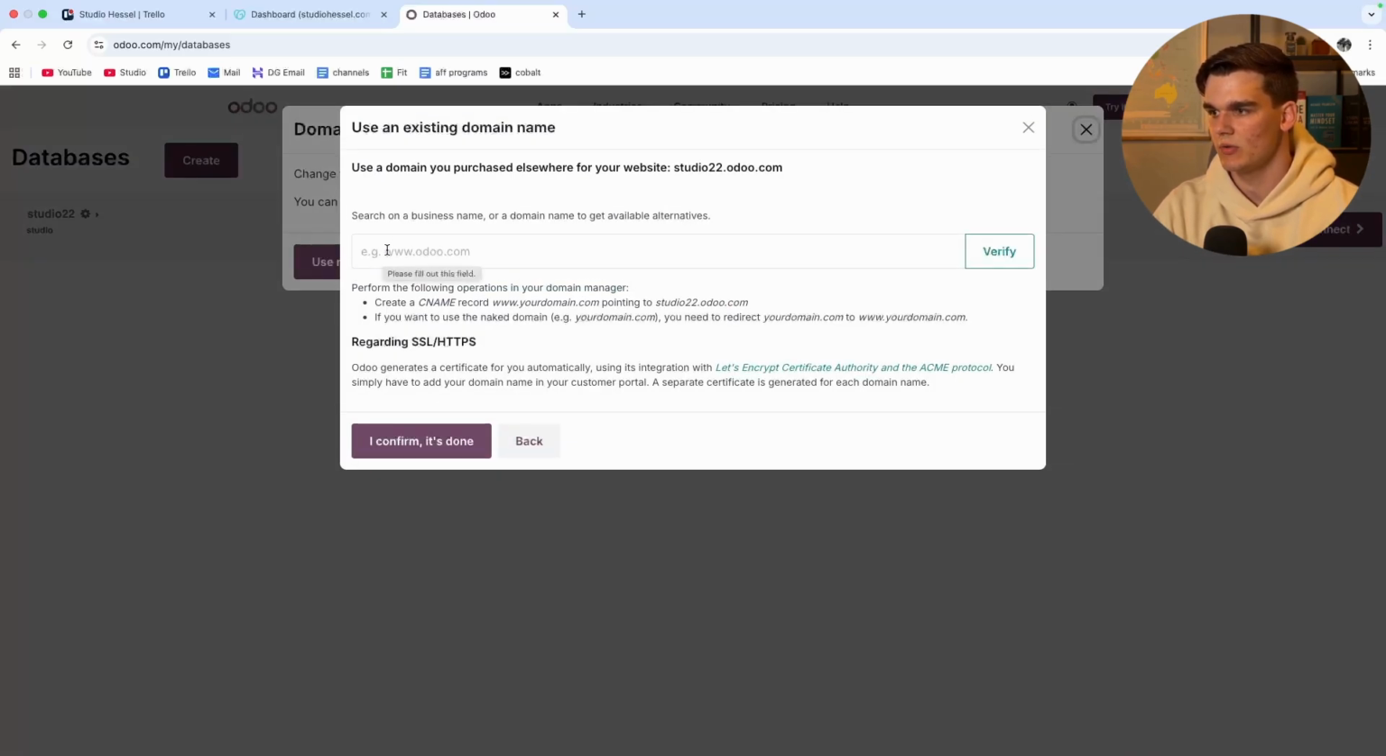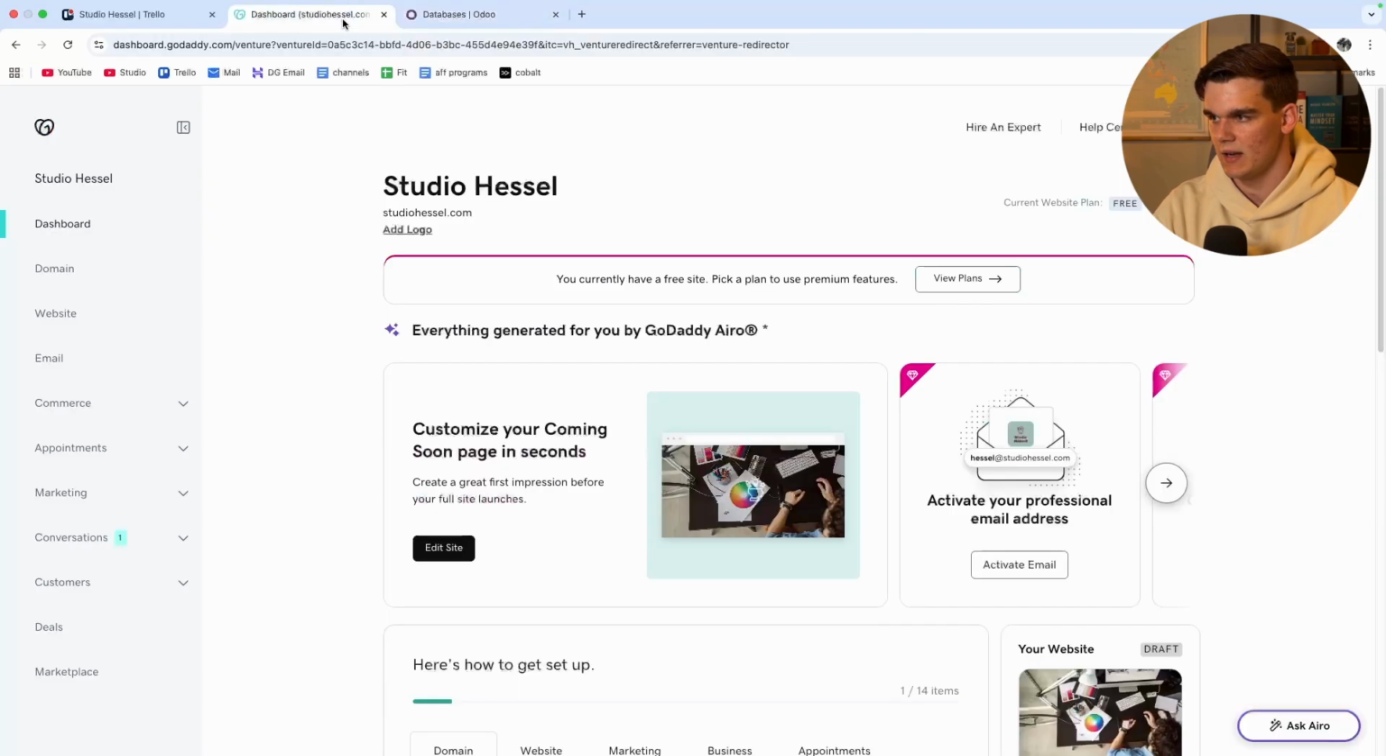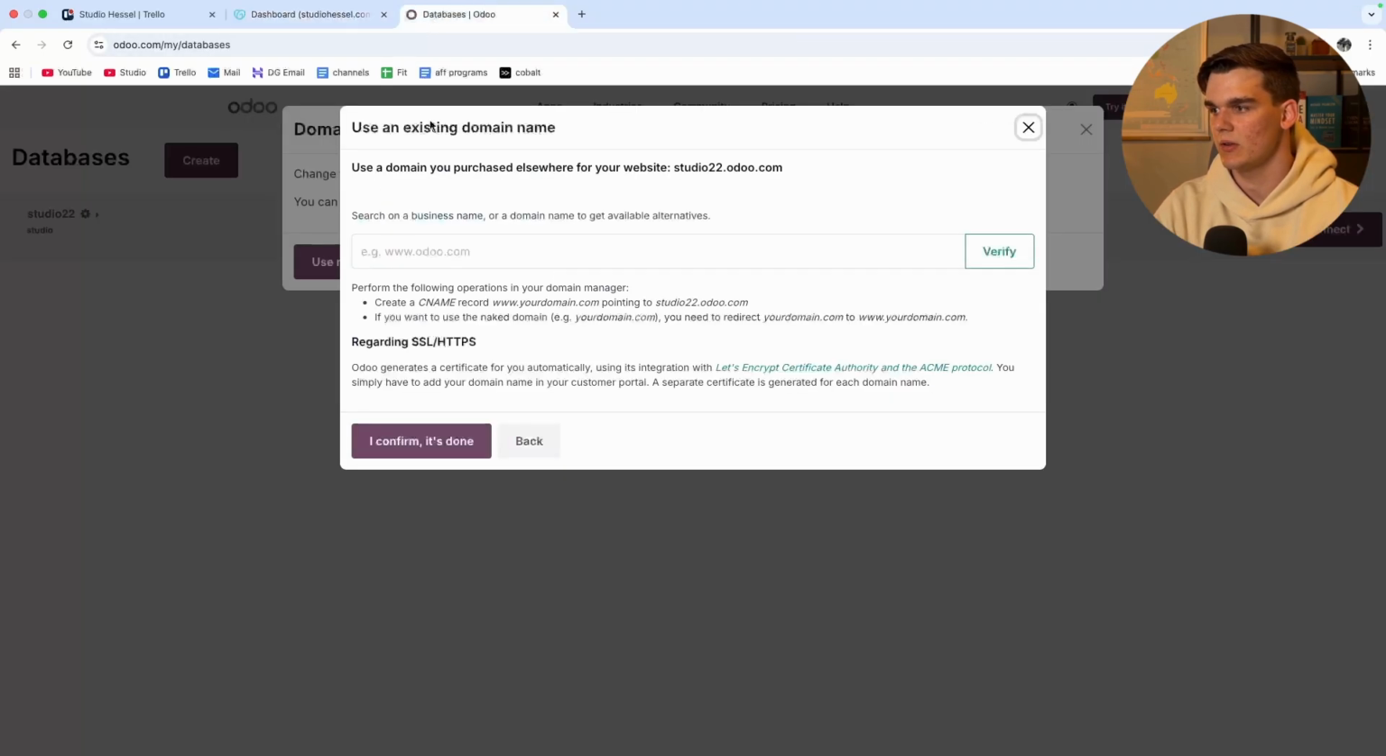And now we want to go to our domain provider and paste in our domain name. So from here, for me, as you can see, it is Studio Hassle. So I copy that and I'll paste it in right here. And now before we click verify, we want to perform the following operations. We want to create a CNAME record for our domain name pointing to studio2020.odoo.com. So now we simply want to copy this value right here and go to our domain provider, for me